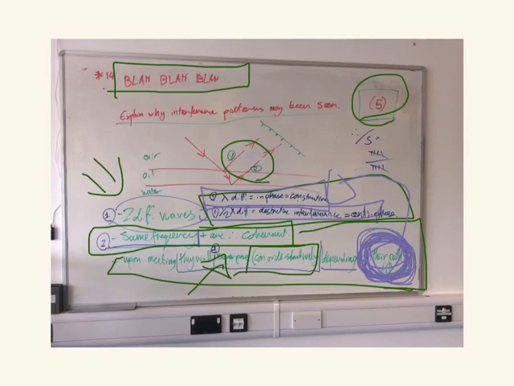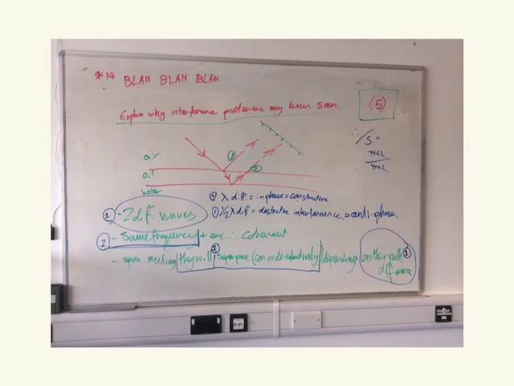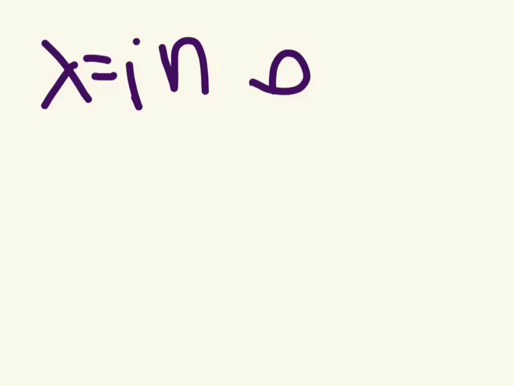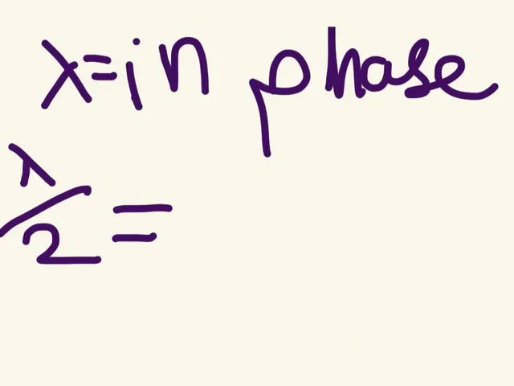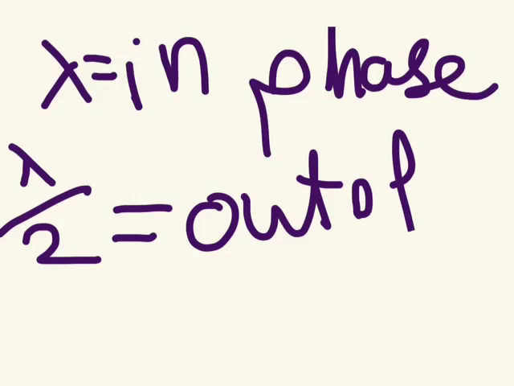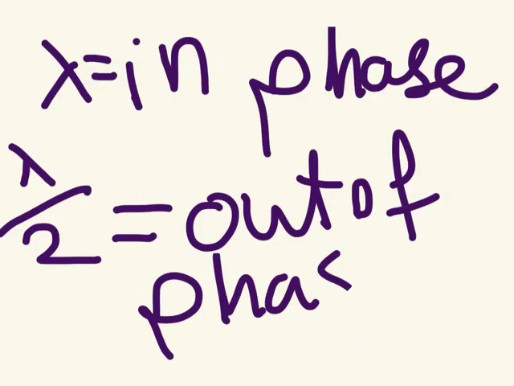What I forgot to put on here was a lot of therefores. So let me delete the drawing, delete the photos. Here we go. We need just a therefore, a little wrapping up. If they are a wavelength apart, they are in phase. If they're half a wavelength apart, they are out of phase. Is that clear? I sounded a little bit patronizing there, I'm sorry. So then this will bring us on to, therefore,